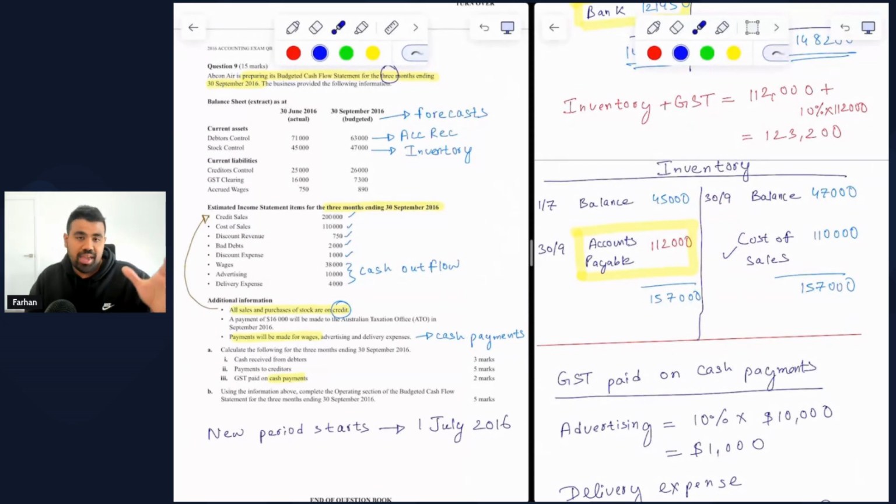So if we are making a sale to our customer, then we're making some profit on top of the cost that we have already paid to our credit suppliers. So therefore, whenever we are making a sale of inventory, we are reducing the balance of the inventory in the business. So that is why the cost of sales is on the credit side of the inventory